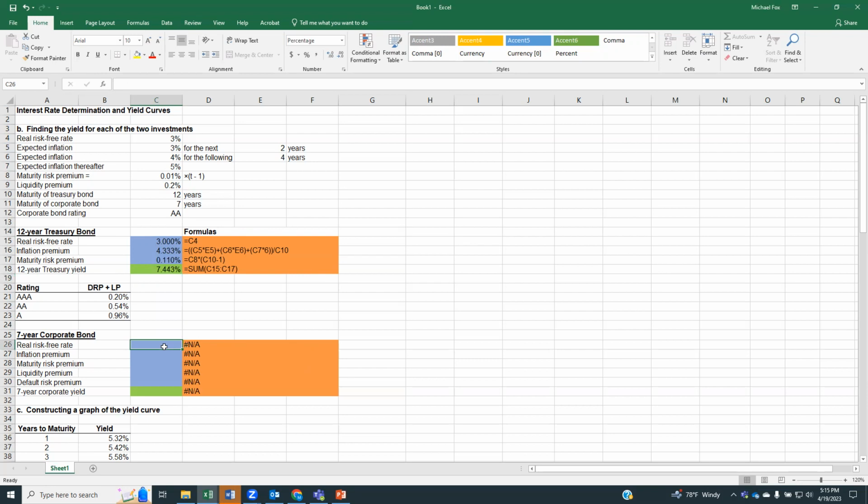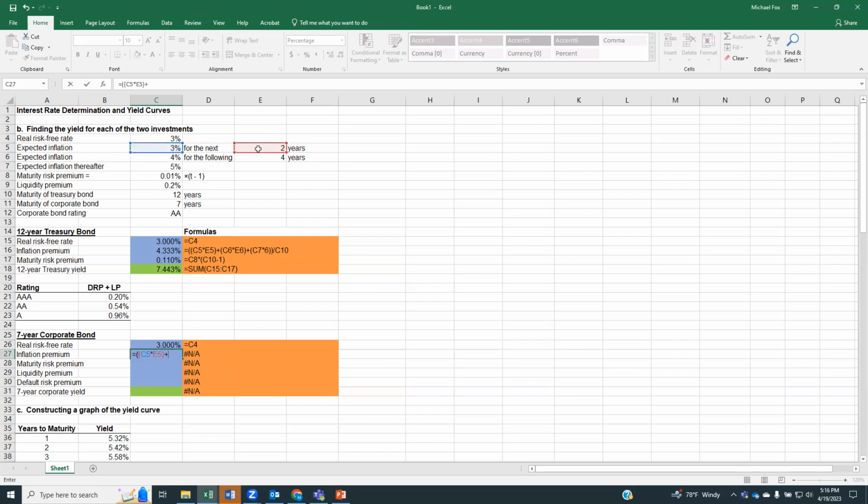So again, our real risk-free rate is still this up here, minus 3%. For our inflation premium, this one's only 7 years. So this one will have 2 years at 3%, 4 years at 4%, and then only 1 year at 5%, right? So this equals, and this time I'm just going to do my double open parentheses, and then 3% times 2 years